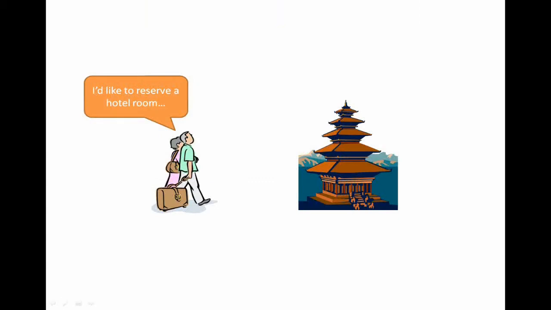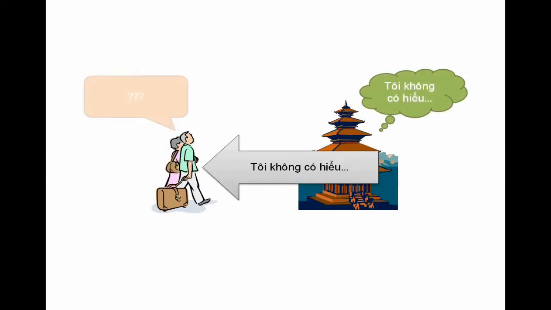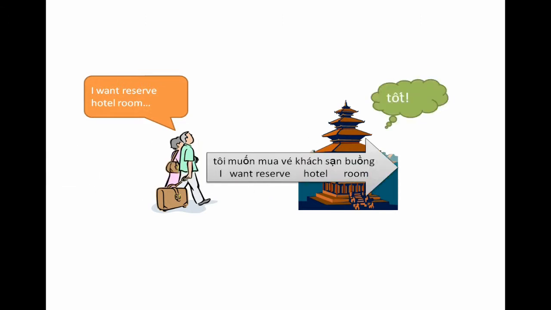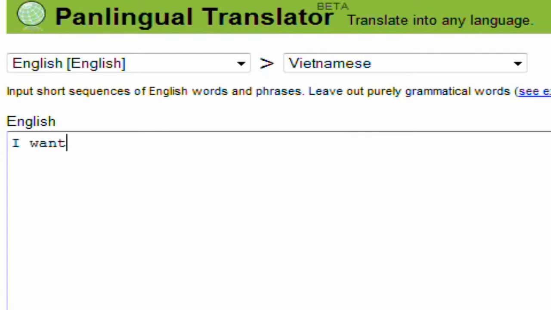We think word-for-word translations are enough to convey our meaning, since we can usually communicate in broken English when traveling abroad. Keep this in mind as you use Panlingual Translator. Write your message as if you were speaking to a foreigner who understands very little of your language. This usually means that you use simple words or phrases in short sentences that aren't grammatical, and if you're physically present, lots of body language.